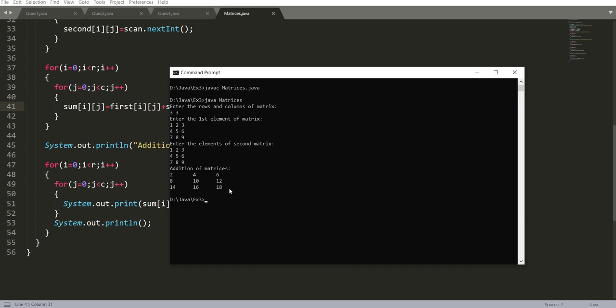So this is the addition. Here I have taken three rows and three columns. In first elements, 1, 2, 3, 4, 5, 6. In second also the same.